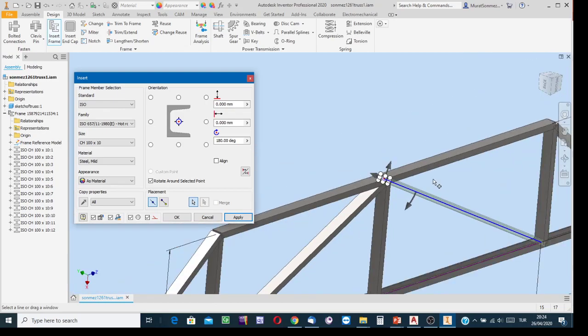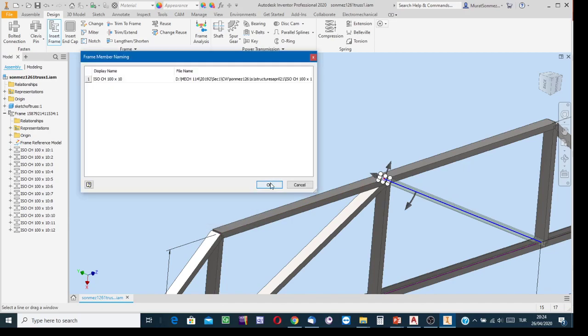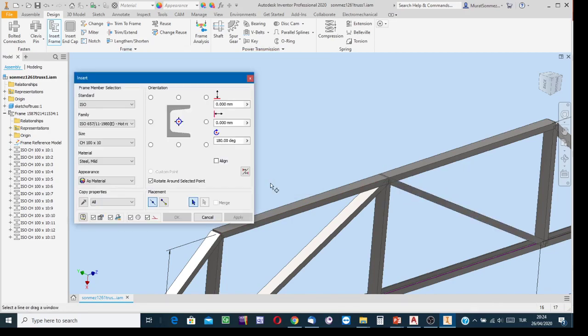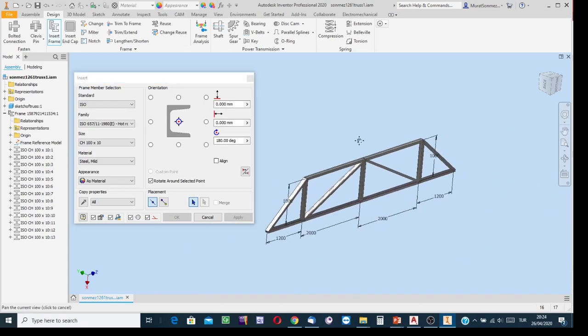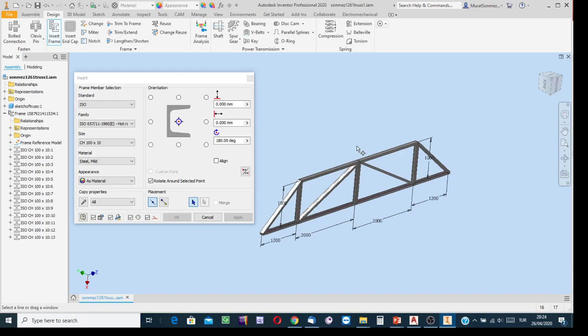And now the flat surface is in the up direction. Okay, and then say apply, then say okay. And then that's it. Yes, well, the truss is ready, its main part. And for all the members, since I